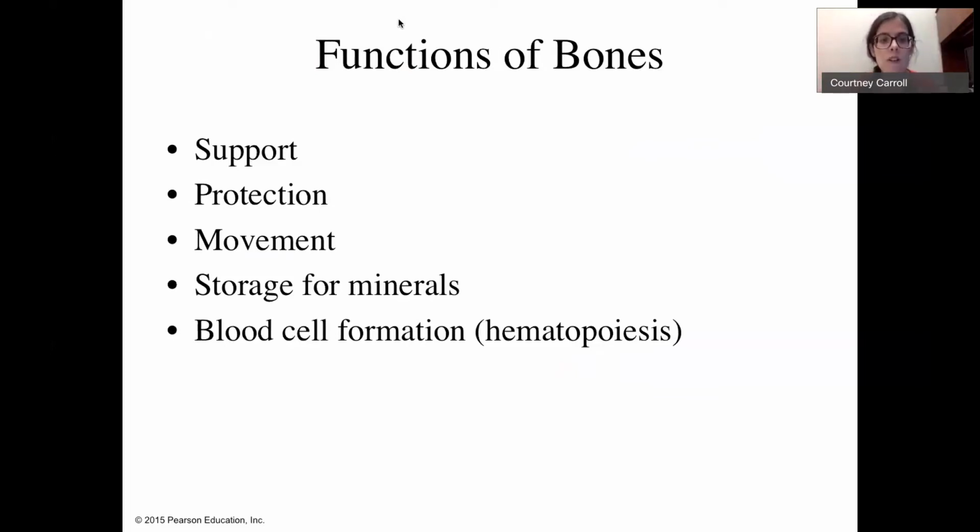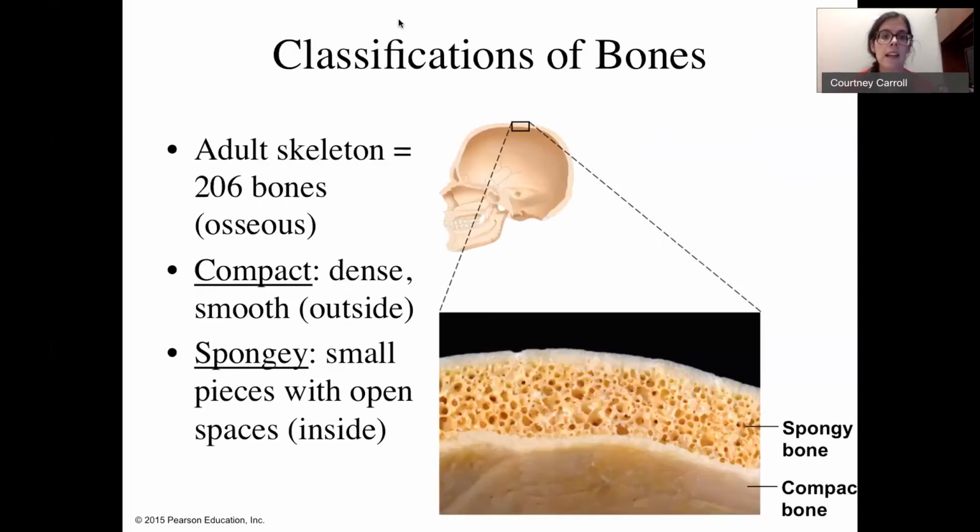Bones are a good storage for minerals, specifically calcium. Our body needs to keep calcium at a very specific set level, homeostasis, remember that term. And so it'll use the bones as a place to put extra calcium. And finally, hematopoiesis, or the creation of red blood cells, is a process that occurs in our bone marrow, so inside our bones. And in our adult skeleton, we have 206 bones approximately, and there are 2 major bone tissues